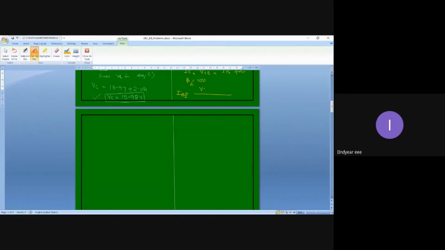That is (VCC minus VBE) divided by (RB plus (1 plus beta 2) times RE). So IB2 is equal to, the numerator will not change, 20 minus 0.7, divided by, the resistor values will not change, 413 times 10 to the power 3 plus the beta term. Over here the beta value is going to change, so it is (1 plus 100) times 1 kilo ohm. So IB2 you will get as